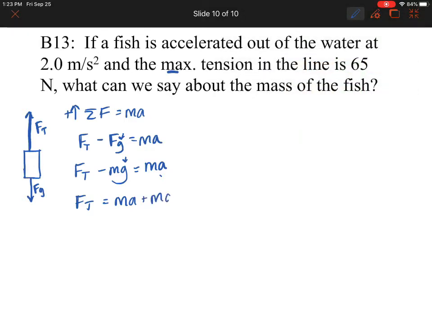So I'm going to add the mg to both sides so I can get all my m's over to one side of the equal sign. That's the first thing I need. The second thing I can do then is factor out an m, because both terms here have a factor of m. What does that mean? If I factor out an m, I have a plus g left, okay? Because I took the m out of both things. So remember, these two things are equivalent. I didn't actually change anything. I just wrote it in a different way, okay?